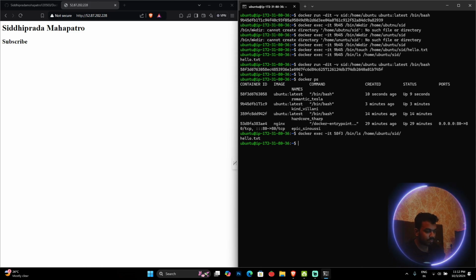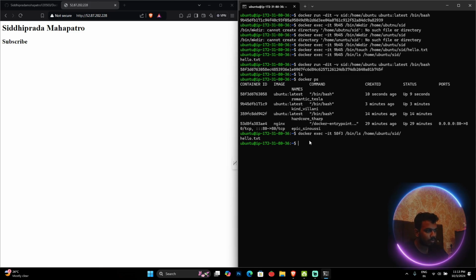58f3. Yeah, my volume is working correctly. Yes, the same volume we have mounted to this container. This container is the older one where we introduced the volume and made the file. If you want to edit anything inside this file, we can edit it also, and we can verify that using this. That's what we cannot do now, because we have to study one more volume concept,